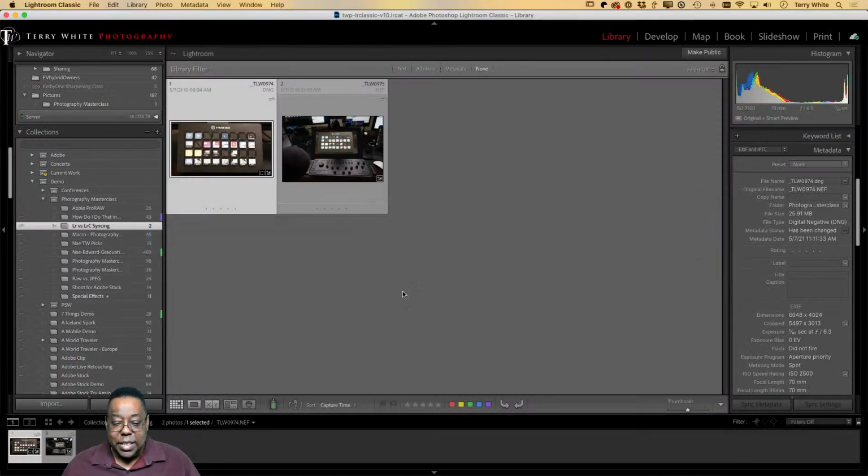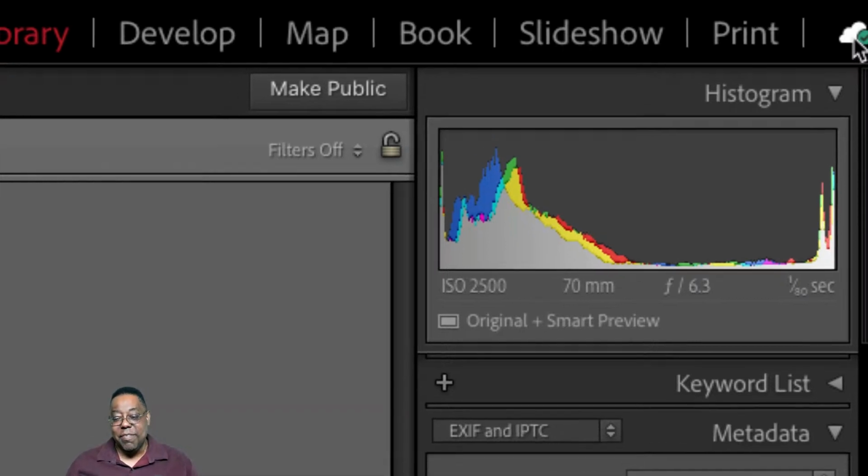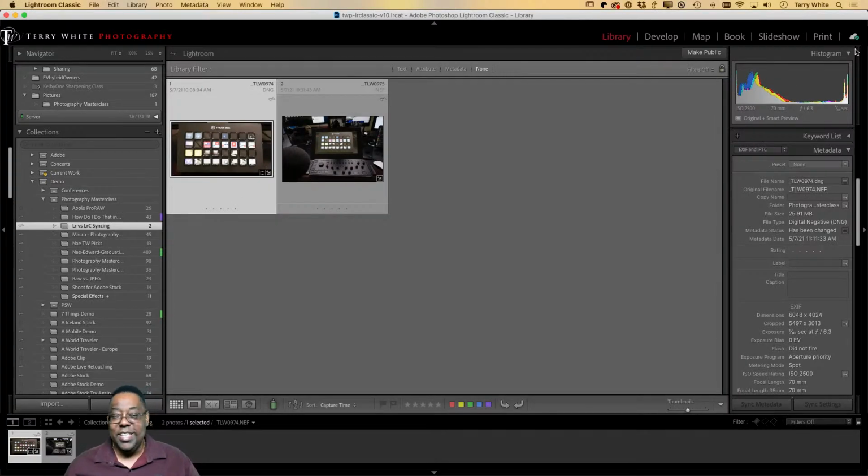So in Lightroom Classic, you'll see either a green check mark, meaning it's finished, or the blue circle, meaning it's still syncing. If it's still syncing and you hover over it, it will tell you how many photos are syncing. Usually when it's stuck, that number will always be the same: 2, 3, 5, 11. How many of your photos are stuck?